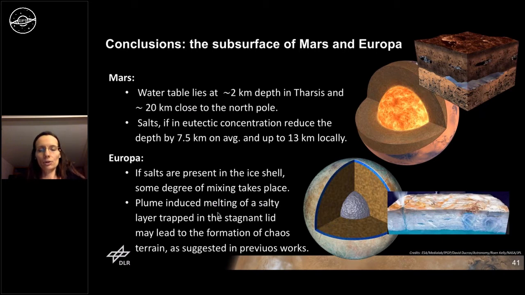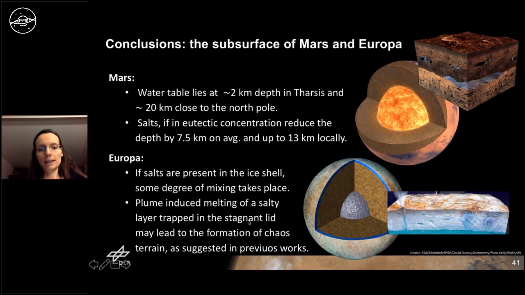Now, for Europa, salts also play a major role, and we see that if they are present in the ice shell, some degrees of mixing can take place, and they can be redistributed through the ice shell. And we see that most of the salts remain trapped in a stagnant lid, in an immobile layer close to the surface,